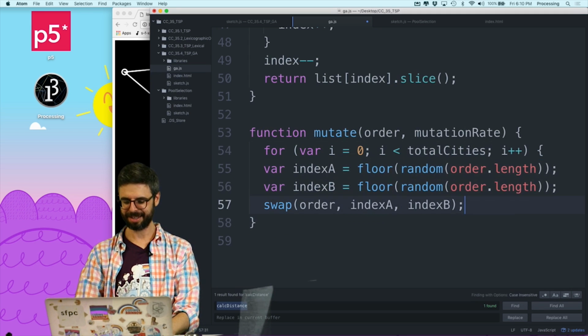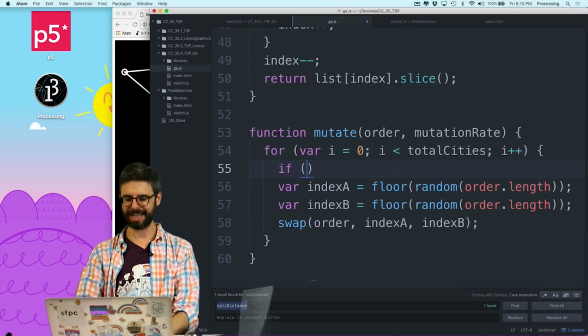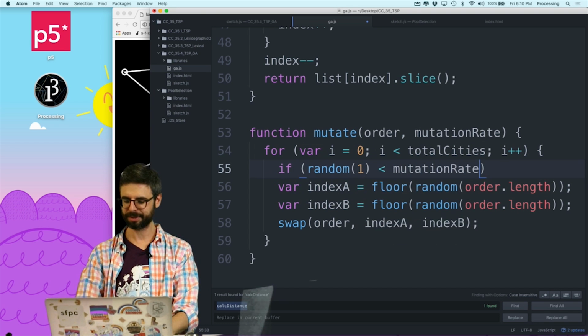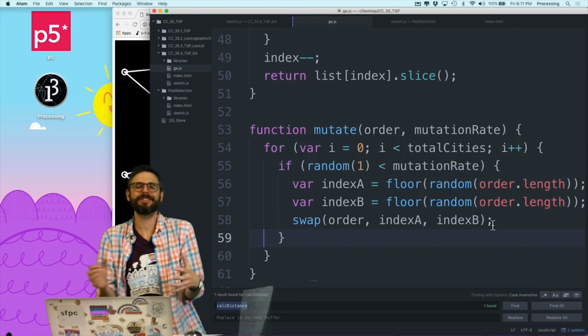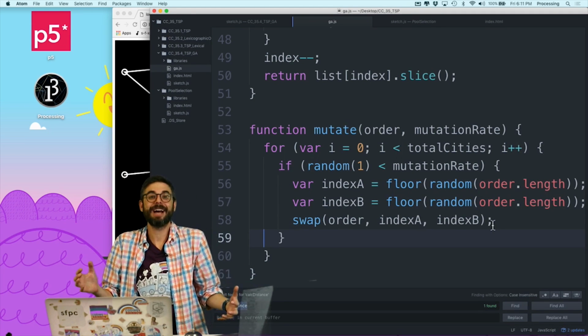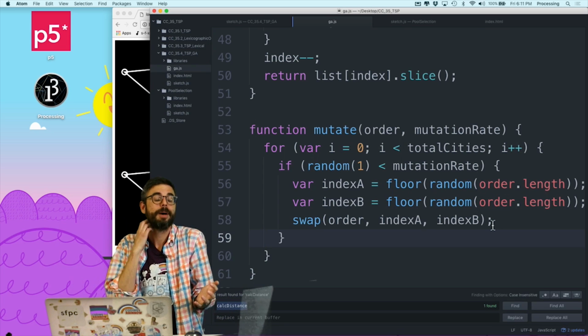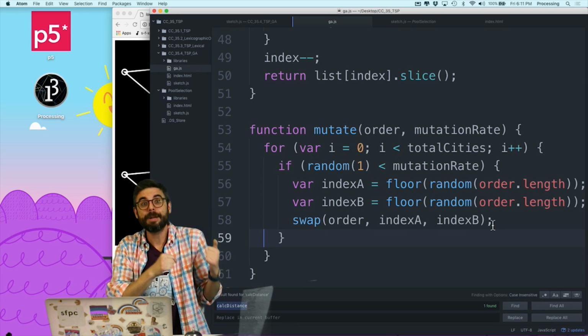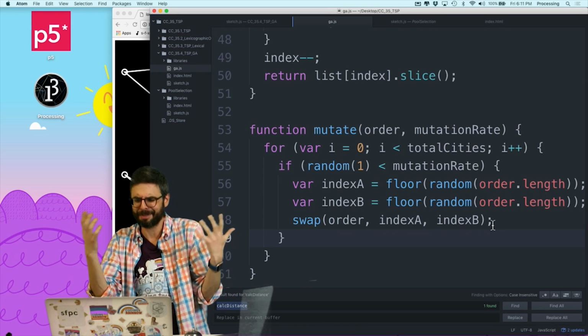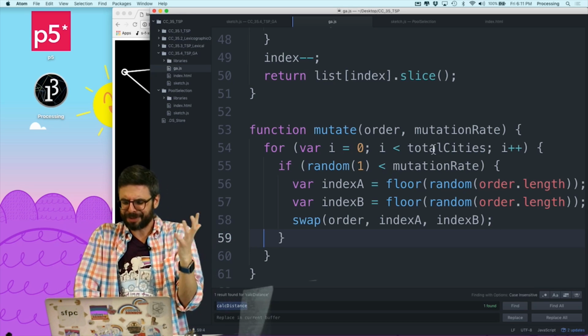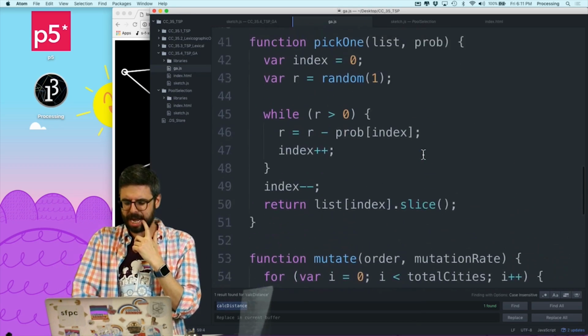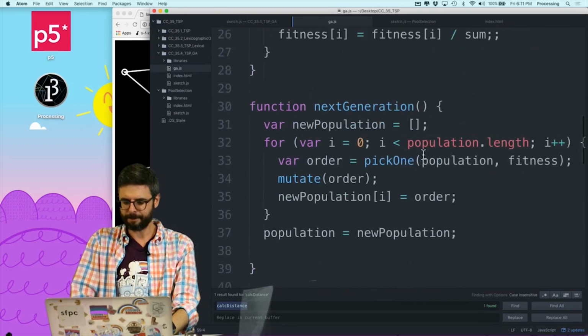and then just says, if a random number is less than the mutation rate, then perform this swap. So this is just a way for me to say, if there's 10 cities, then maybe I have a chance of doing 10 swaps, but maybe I only have a 10% chance of doing a swap for any given city, for any given spot. I don't know. I'm not sure if this really makes a lot of sense, but I am going to try